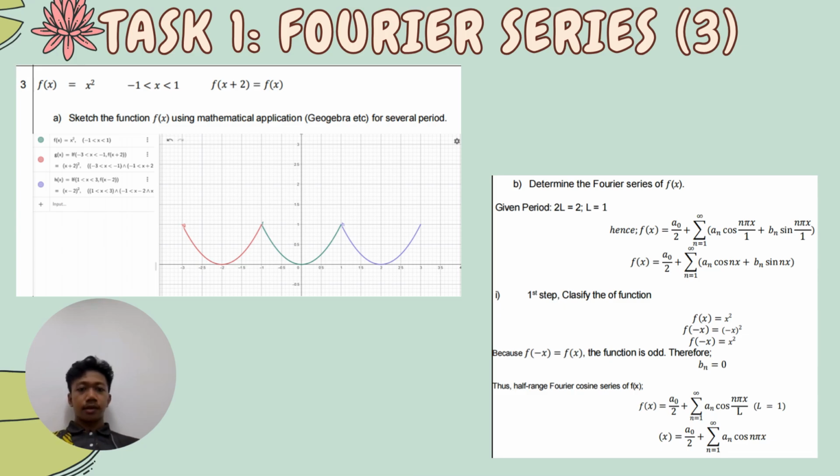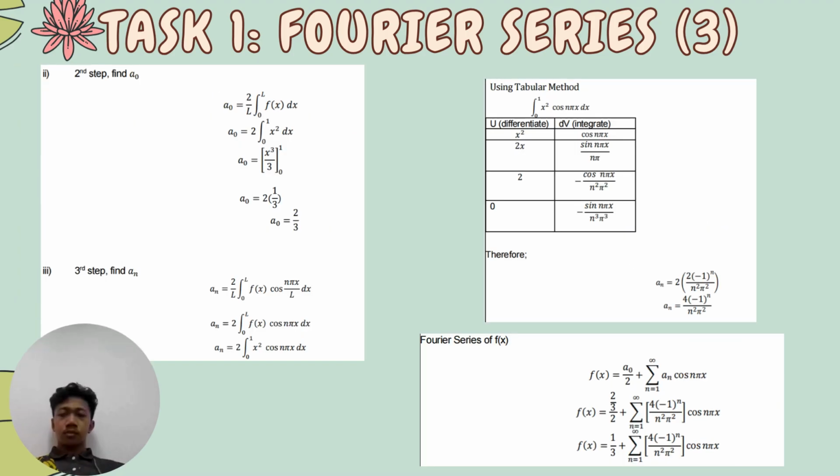Next, by classifying the function, we get that f(x) equals a0 over 2 plus summation of an cos(n pi x). Then by finding the n naught, we get that n naught equals 2 over 3. After that, for finding an, using tabular method,